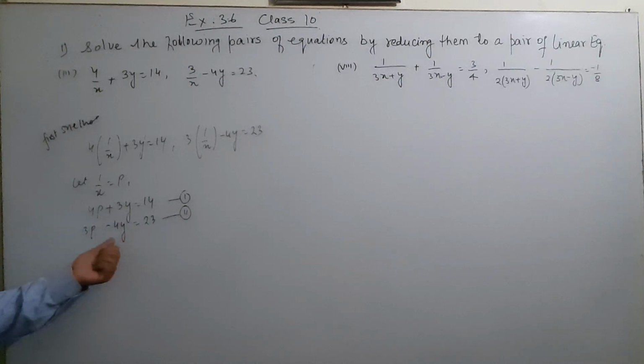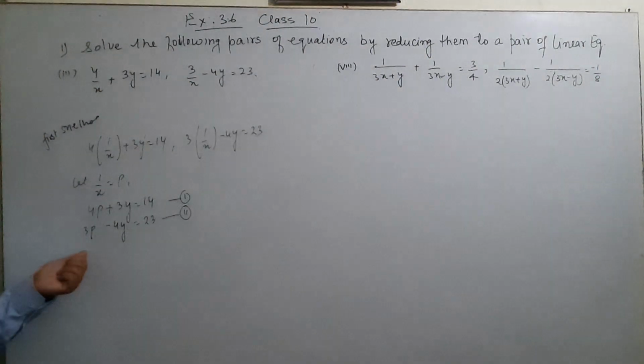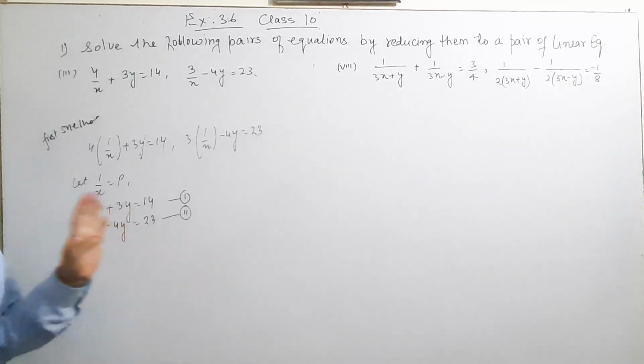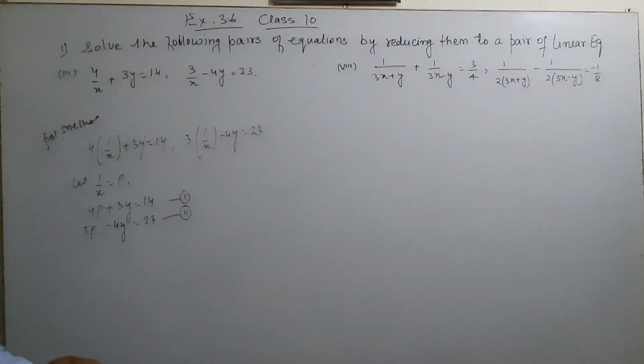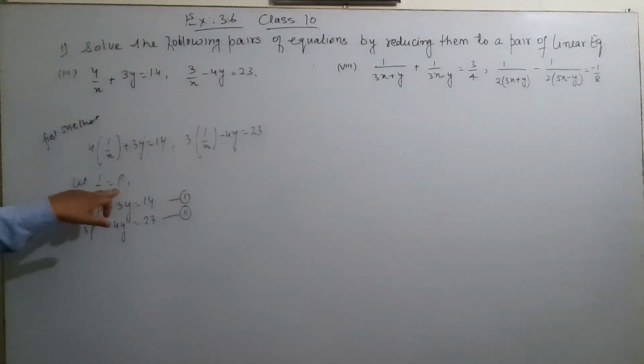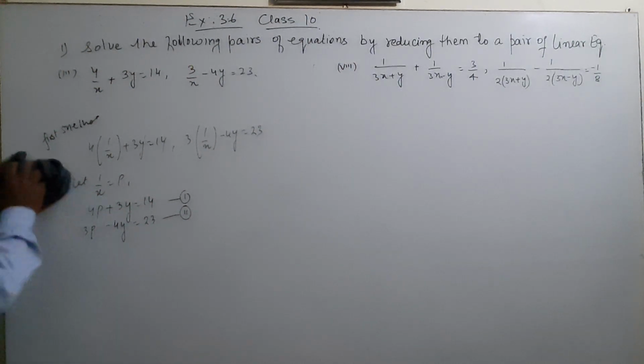And from here we will find out the value of y and the value of p. The value of y is the same as we have to put, but the value of p, if we obtain that, we have to substitute here. And for 1 by x, put the value of p, and then find the value of x. And the second method,